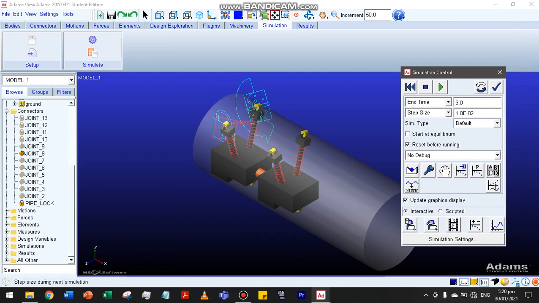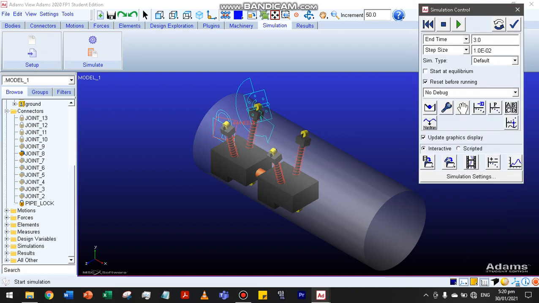Be careful when choosing what to input in the step size and the end time, because sometimes the simulation cannot run or can get an error just simply because of the inputted value in the end time or step size. So just by doing this,